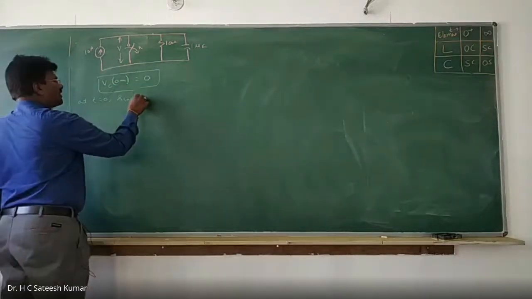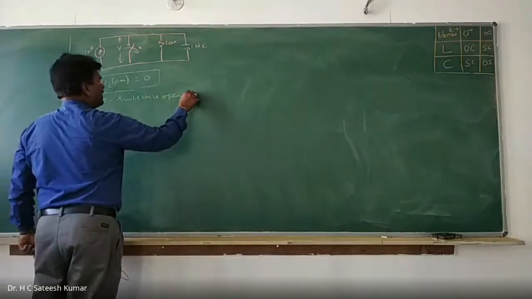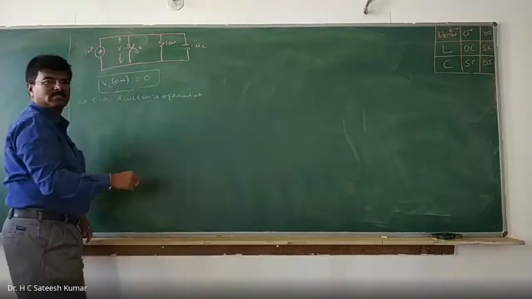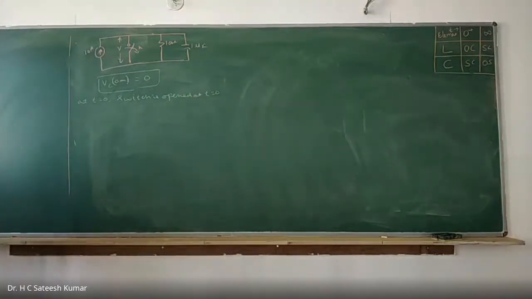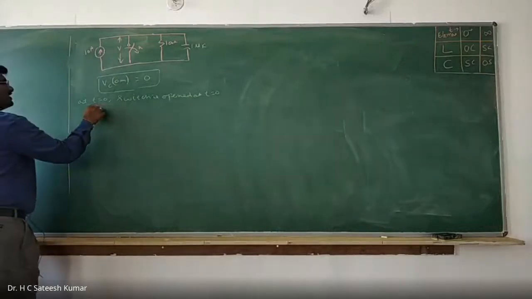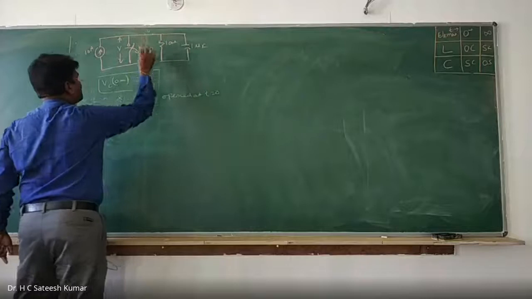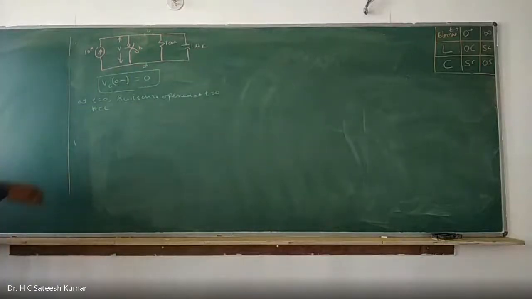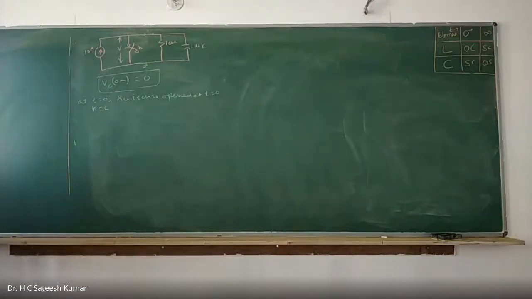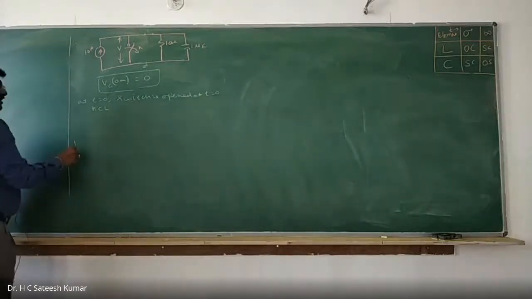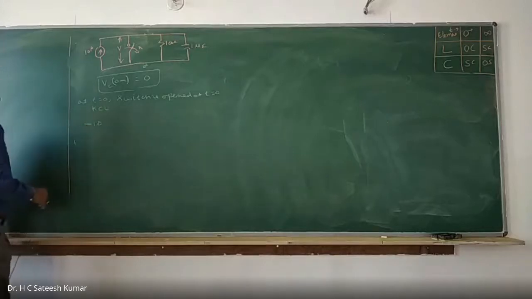The switch is opened at t is equal to 0. Once it is opened at t is equal to 0, now write the KCL at this point. If this is the ground node, this is V. So this is the node voltage, let us say V1 or whatever it is. This current is entering. Current always should be taken as leaving. So therefore minus 10, since you are applying KCL.